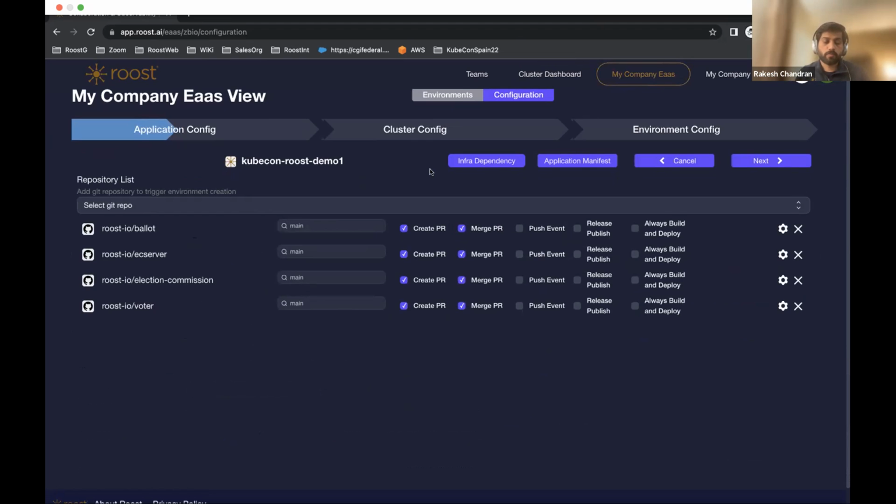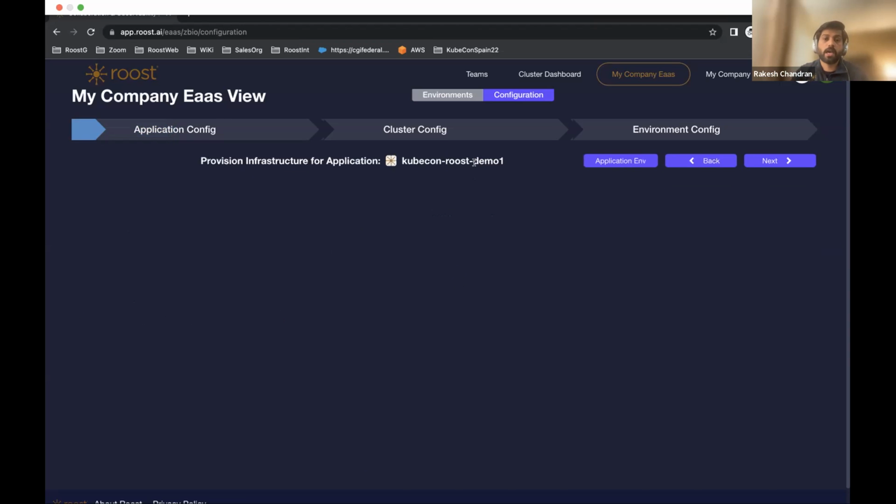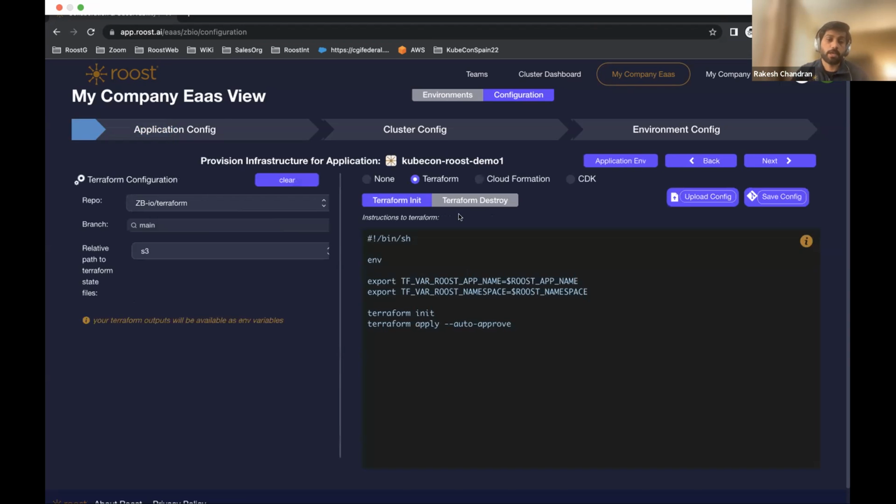Some of the customers will be using existing AWS infrastructure or GCP or other clouds, but that infrastructure may have been created using some infrastructure provisioning tools. So we have support and integration with Terraform and also CloudFormation.